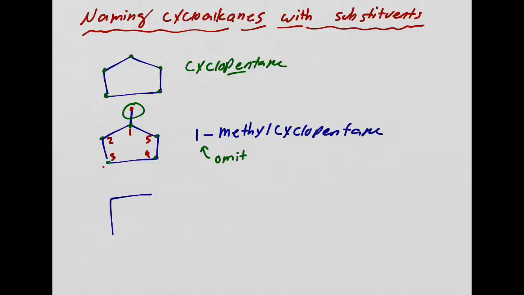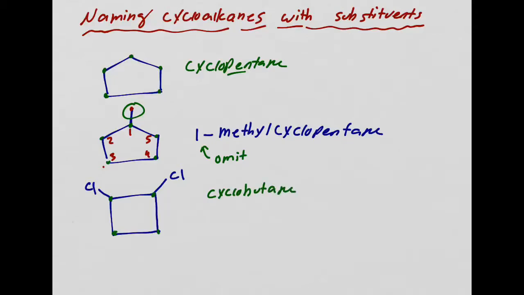Here's the next one. It's hard to draw this. This is not a square. It looks like a square, but it's not. What type of ring is this? 1, 2, 3, 4. So it's a cyclobutane, right? Because I have 1, 2, 3, 4. So it's a